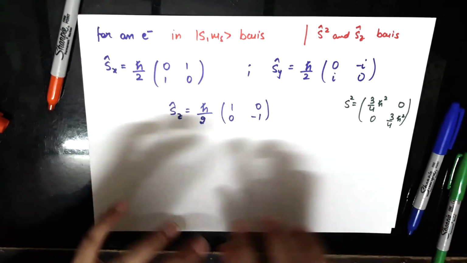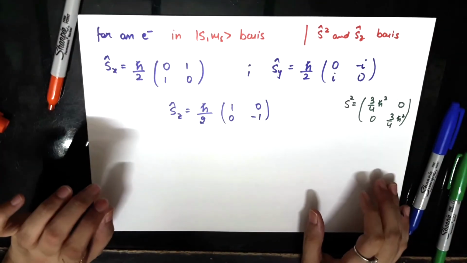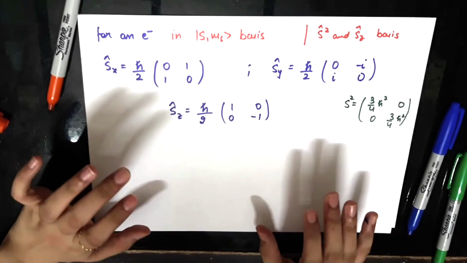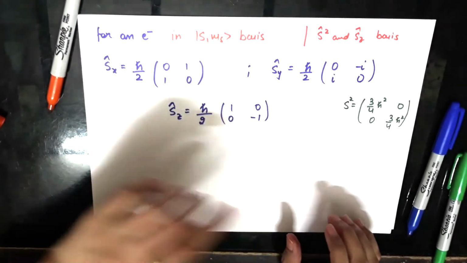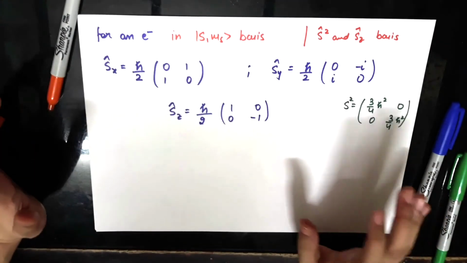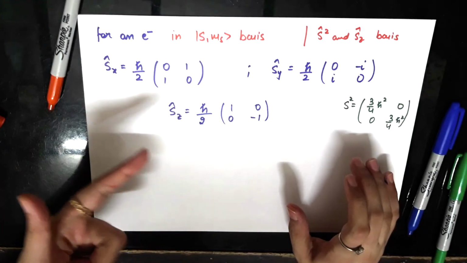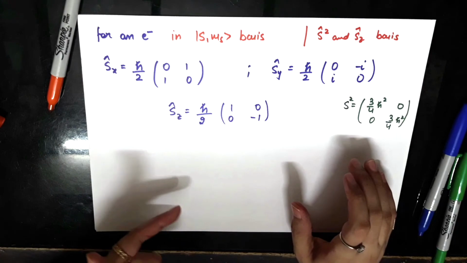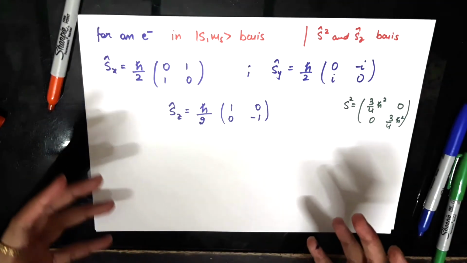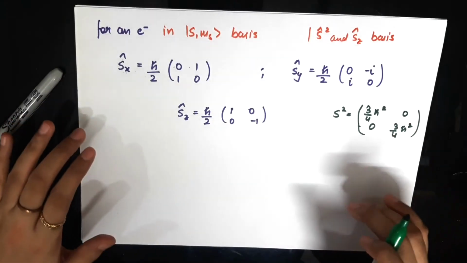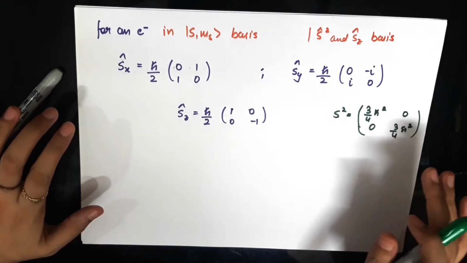And this is now a pretty nice achievement, because now the operators are in the form of matrices. So now you have concretized those abstract formalisms that we have been doing. So we know how to deal with the explicit form of the matrices. There is an eigenvalue equation. You can solve the eigenvalue equation and find out the eigenvalues and eigenvectors. So everything is just mechanical computation from here on. Finding these forms was a bit of a task, but everything from here on would be a bit simpler.